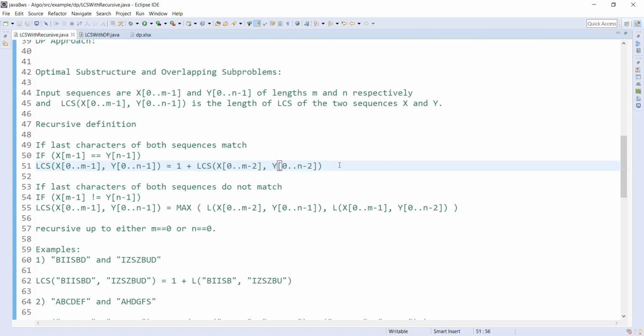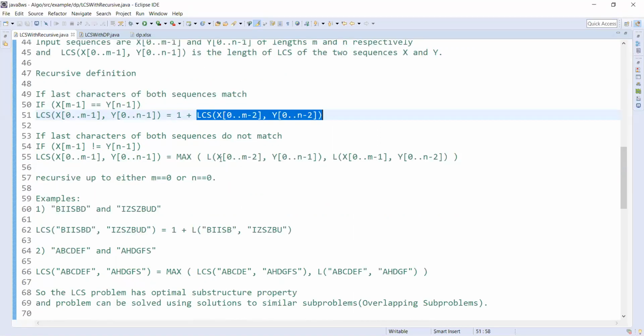Again, if I want to calculate the LCS of this one, I try to match m minus 2 and n minus 2. If they match, again I add 1 plus the LCS of m minus 3 and n minus 3. Likewise I'll go up to 0. So that is one way.